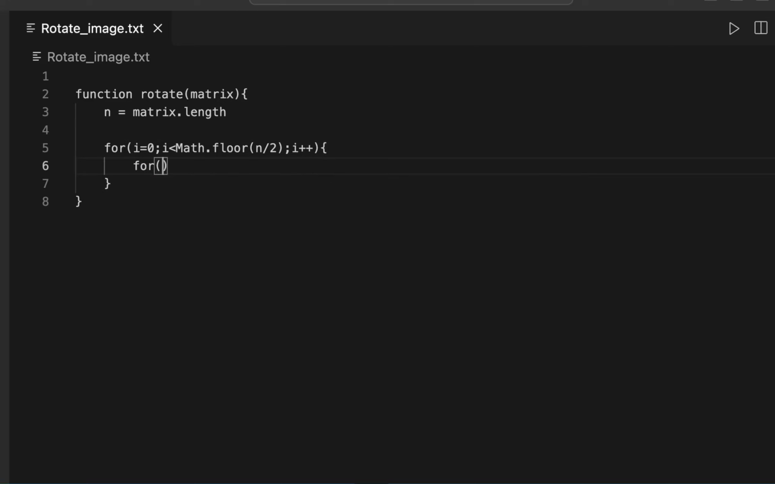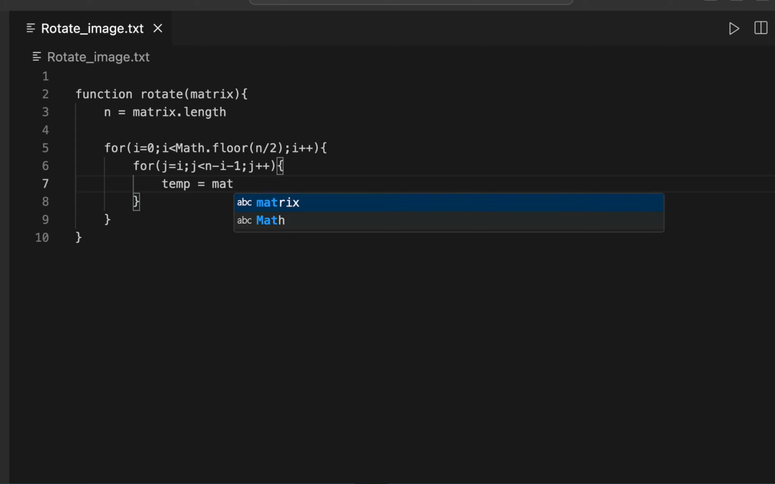Here the inner for loop will start from j equals i, j less than n minus i minus 1, j plus plus, and here I will swap them. Temp equals my matrix i comma j. It is i comma j, and what I want matrix i comma j to change to is